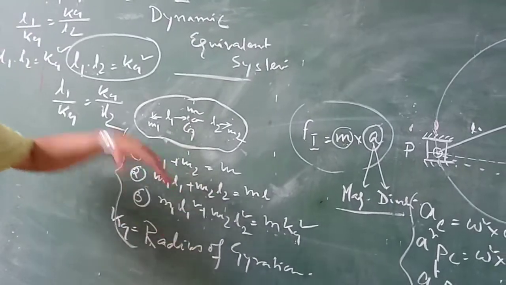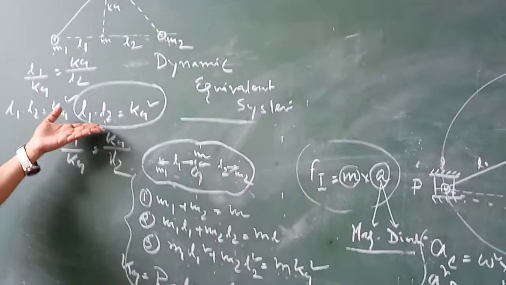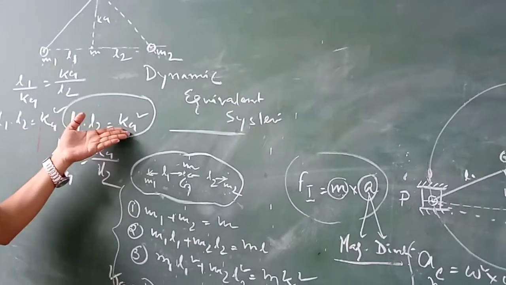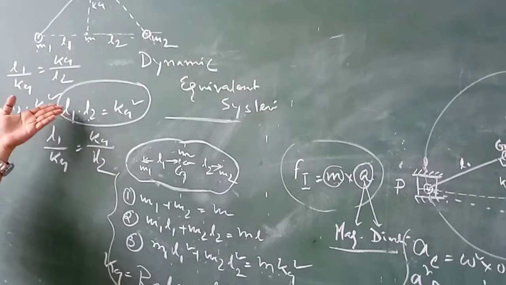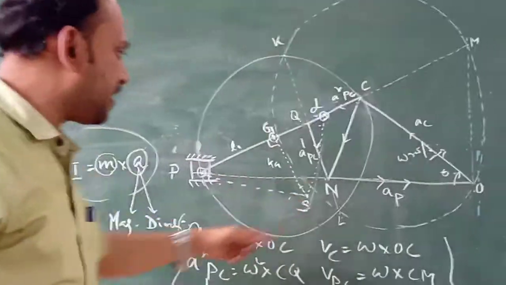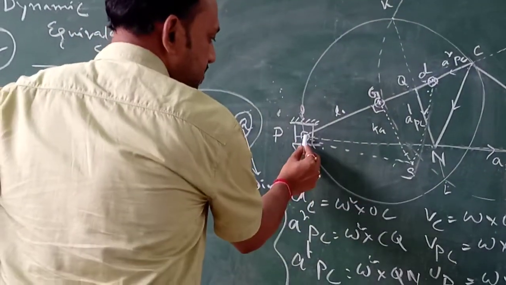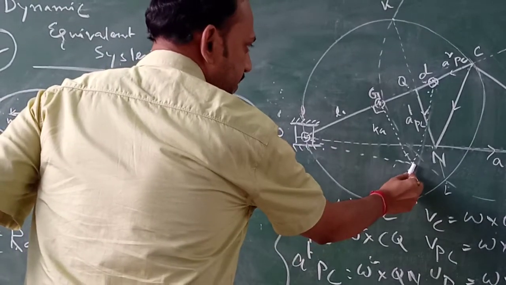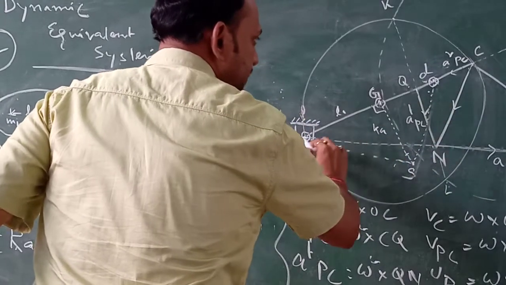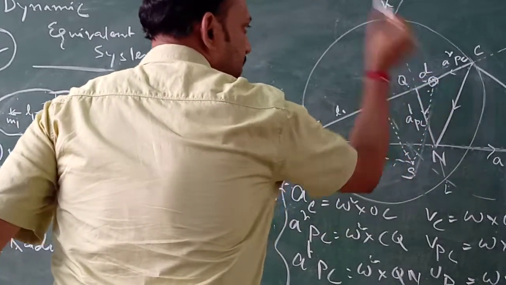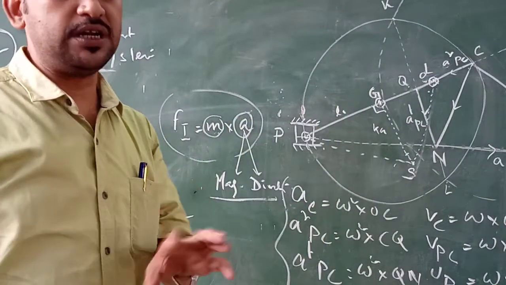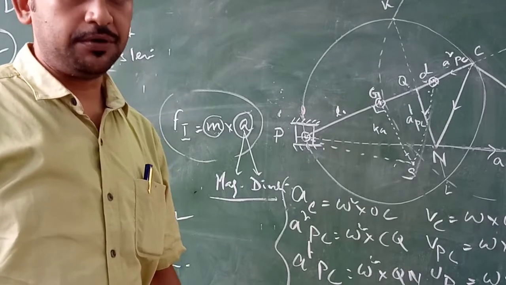So based upon this, we have seen that it ultimately gives us the equation L1 into L2 equal to K square, and we have also seen the vectorial representation of this equation, which is also shown by this diagram. Here again I am repeating, we are erecting a perpendicular on the line PS, and this perpendicular meets the connecting rod PC at the point D. So P and D are the two separate points where the total mass of the system is distributed.